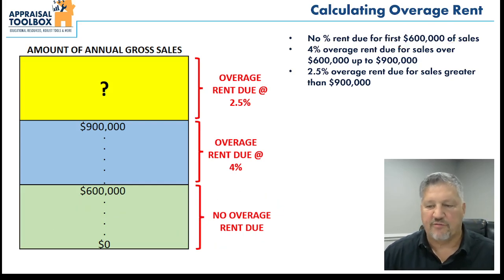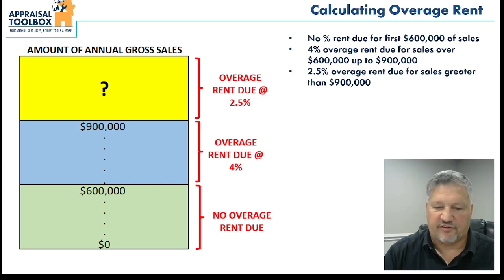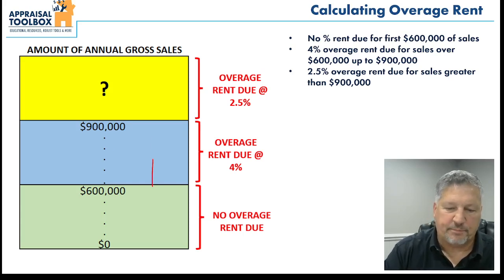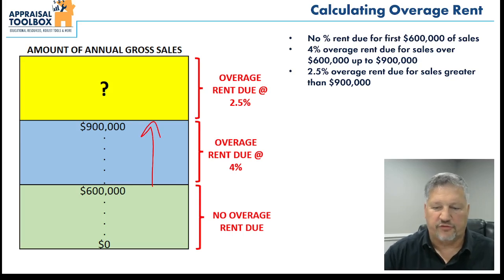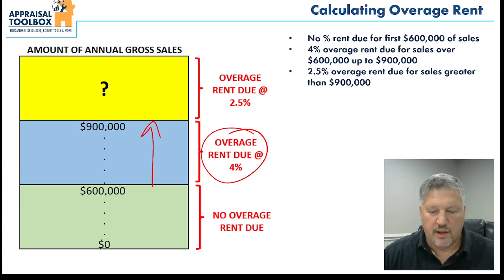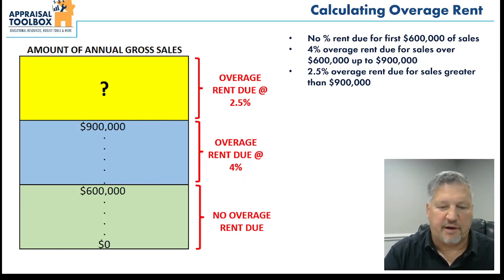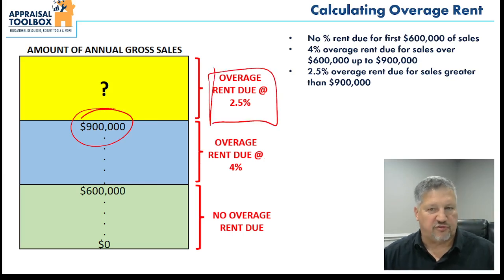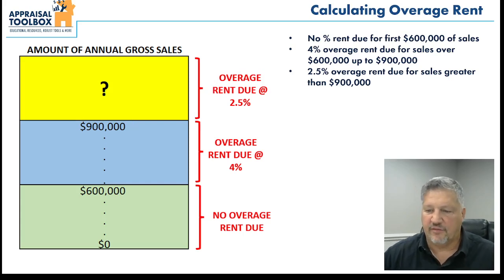However, as soon as the sales exceed $600,000 and up to $900,000 in sales, we're going to have 4% of that amount due. And then finally, any sales that are above the $900,000, the overage rent is calculated at 2.5%. So if we had